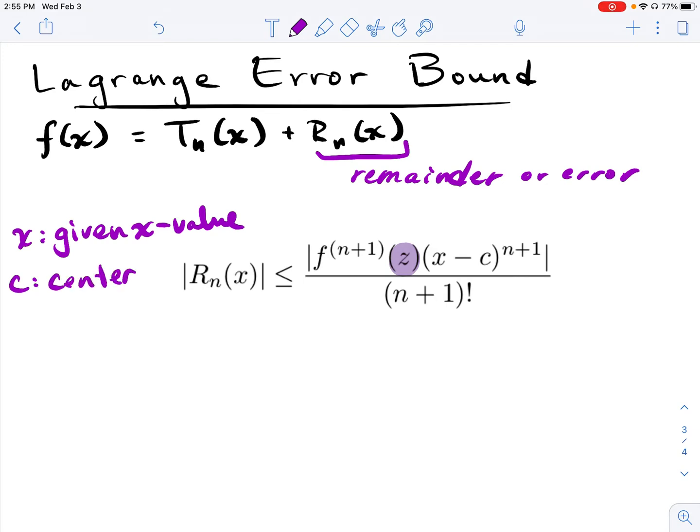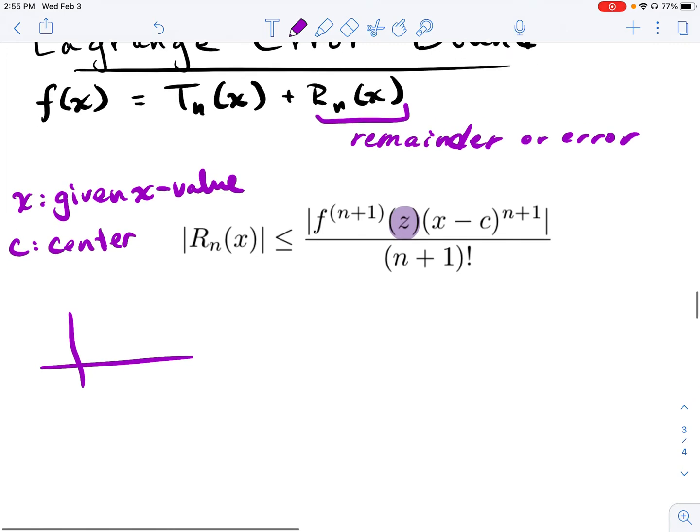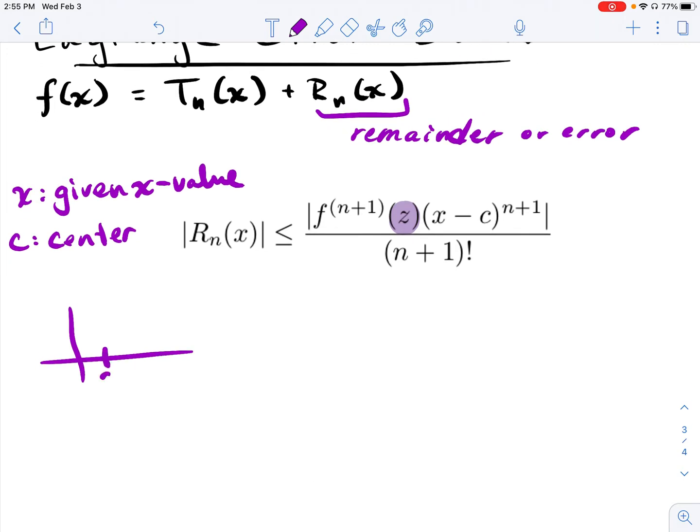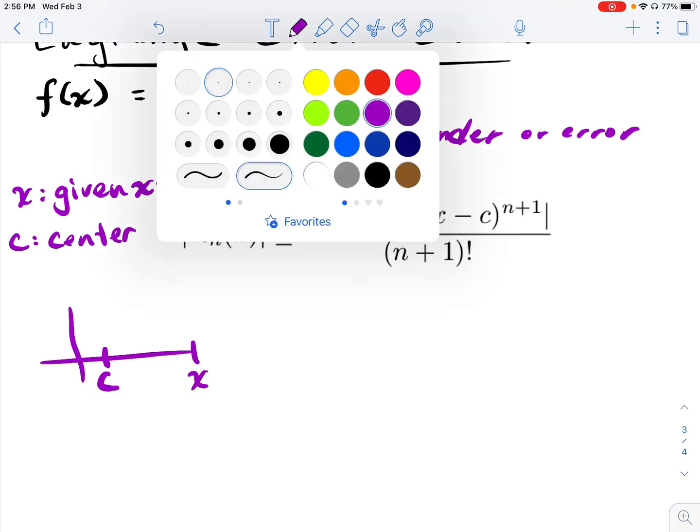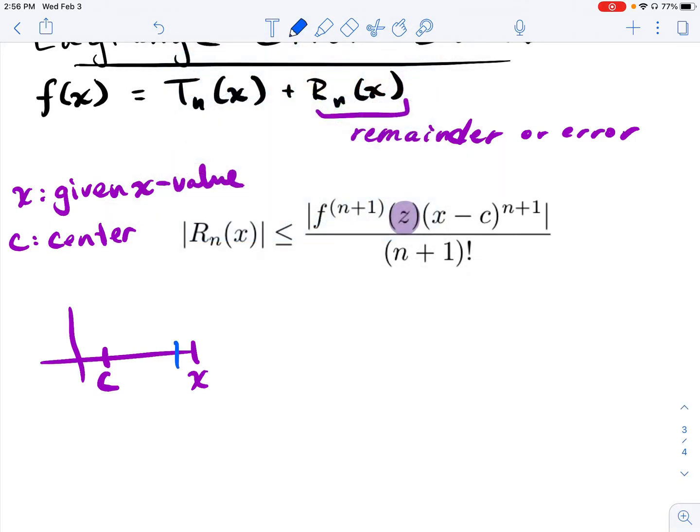Now, what the Lagrange remainder theorem is stating is that there exists some z value in between. Suppose our function is centered at the c value, and the x value is where we're trying to evaluate the function. There exists some z value somewhere within this interval,